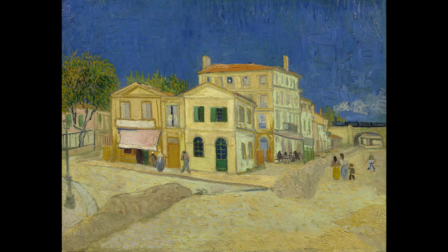The Yellow House. Artist, Vincent van Gogh, 1853–1890. Title, The Yellow House, The Street. Object type, painting. Genre, cityscape. Date, Arles, September 1888. Medium, oil on canvas. Dimensions, height, 72 cm, 28.3 in, width, 91.5 cm, 36 in. Collection, Van Gogh Museum. Location, Van Gogh Museum,